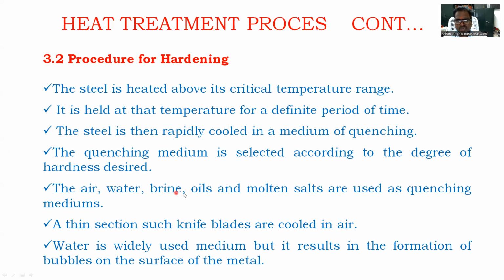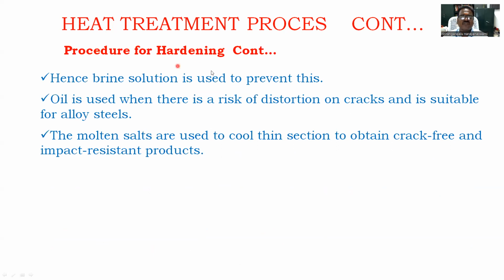Air, water, brine, oil, and molten salts are used as quenching mediums. Thin sections, such as knife blades, are cooled in air. Water is widely used as a medium, but it results in the formation of bubbles on the surface of the metal. Hence, brine solution is used to prevent this. Oil is used when there is a risk of distortion or cracks and is suitable for alloy steels. The molten salts are used to cool thin sections to obtain crack-free